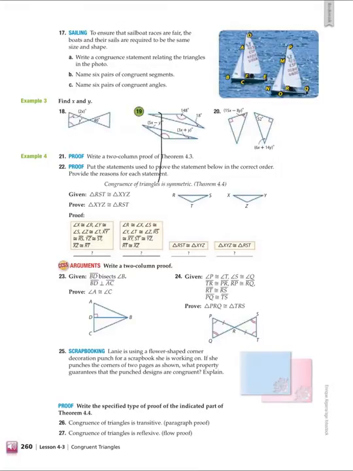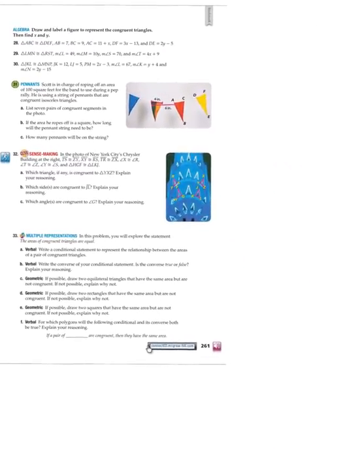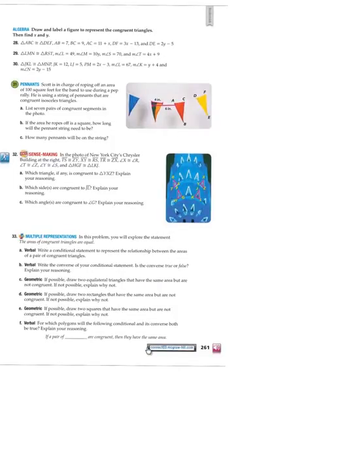Right, let's see. I don't think I gave you anything on this page. Let me double check. No, the next problem is 28. So let's go over 28. Draw and label a figure to represent the congruent triangles. Then find X and Y. Okay, I'm going to make this a little bit smaller so that I can do the work over to the side. So on 28,